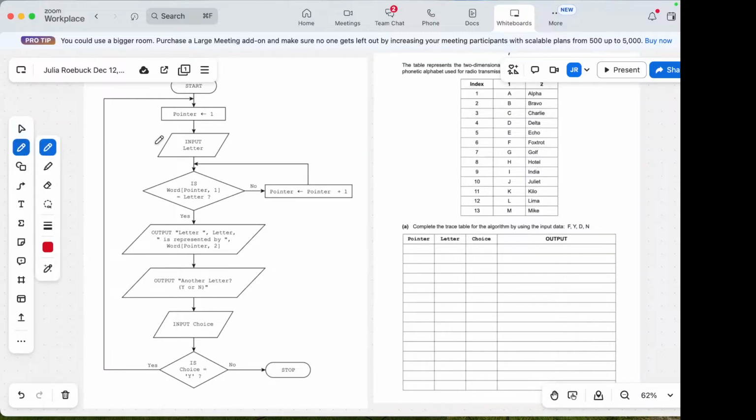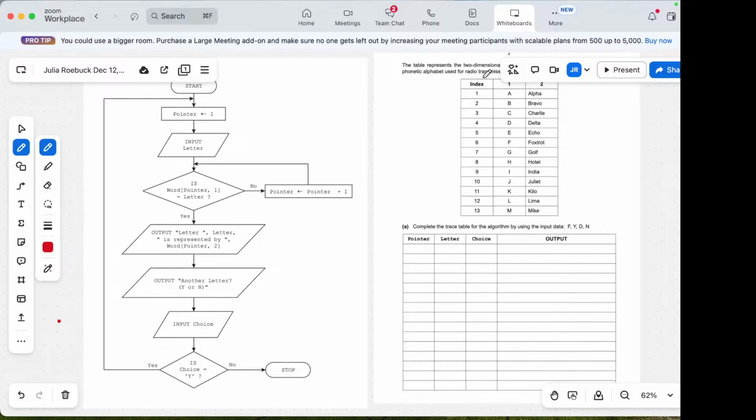So I'll use a red pen. All we do is follow what the flowchart is telling us, and we're going to write into the trace table only if we've got an arrow to set a variable, or we have an input to input some variable as well. And I'm just going to make my pen a bit thinner because it's a little bit thick now. Okay, so